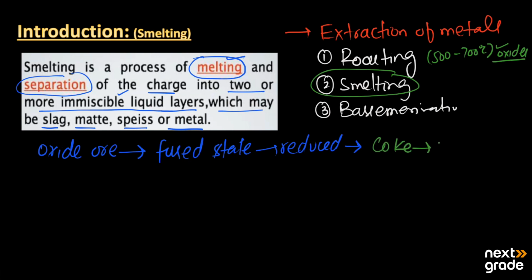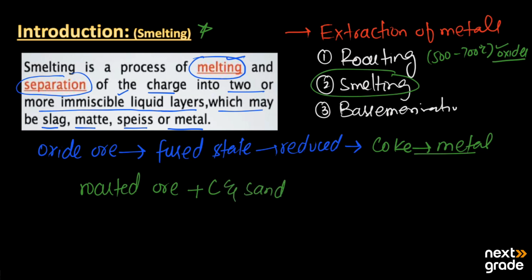Then we get the metal, and this process is known as the smelting process. The roasted ore, or the fused ore, is mixed with coke or sand,